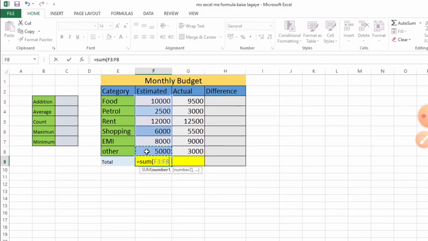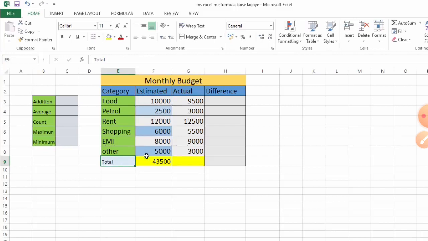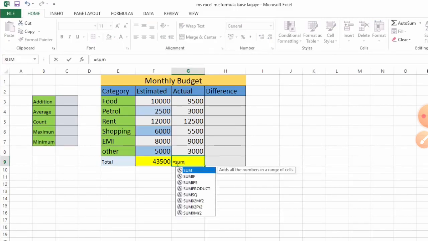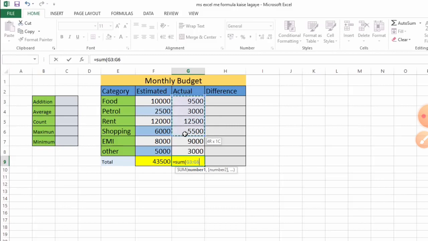This is the function; a formula we use by adding the plus sign. But with a function we can do it very quickly: equal sign, SUM, open the parenthesis, write the first cell address and drag down till your last range, close the parenthesis, I mean bracket, and press the Enter key. Automatically you get the calculation using the function.